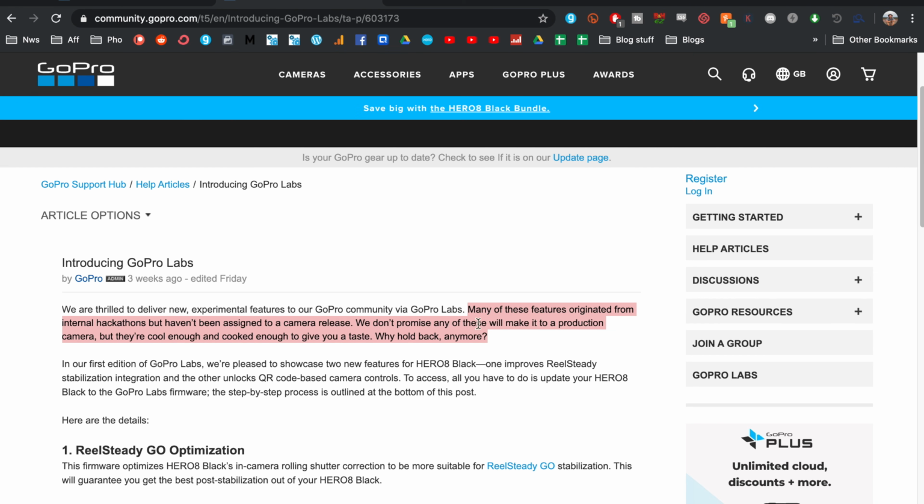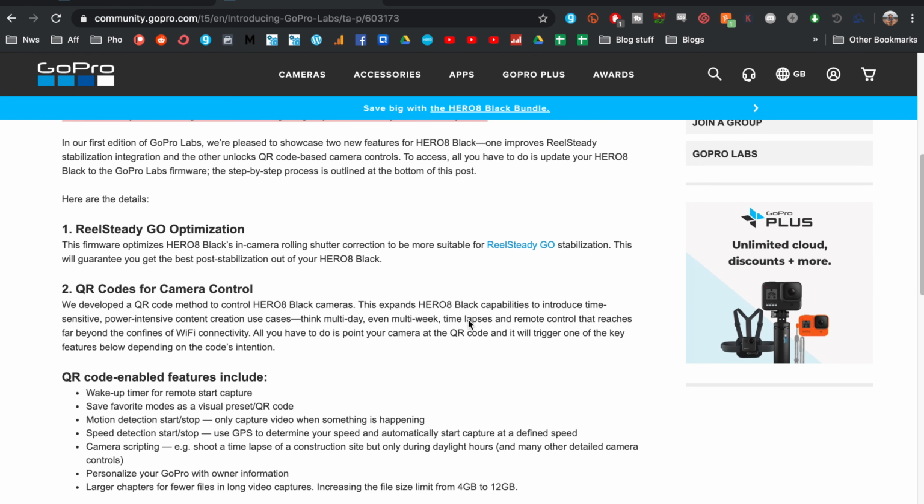To get access to these features, you need to install a custom firmware, which is you just download a zip file and then put it on the memory card and install it in the GoPro. It takes less than a minute and it's super easy. It's currently only available for the GoPro Hero 8 camera, and honestly, nothing really changed when you install it, except that now when you point it to a certain QR code, it reads it as an instruction. Pretty much this QR code that I'm sure we're all familiar with gets read and then gets translated into a